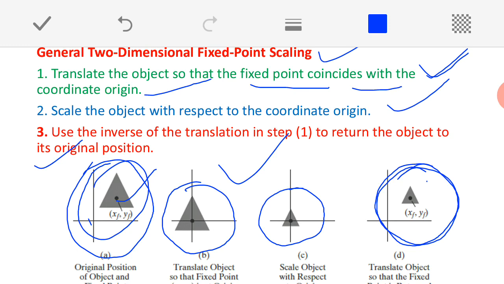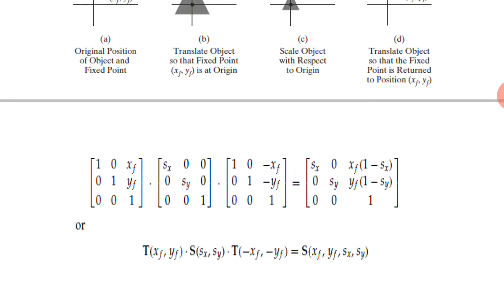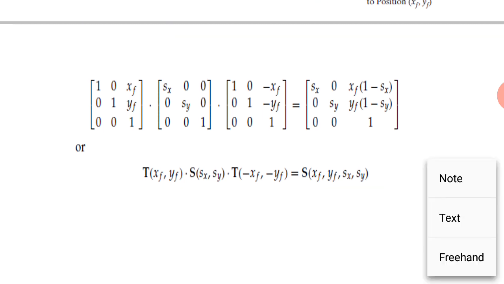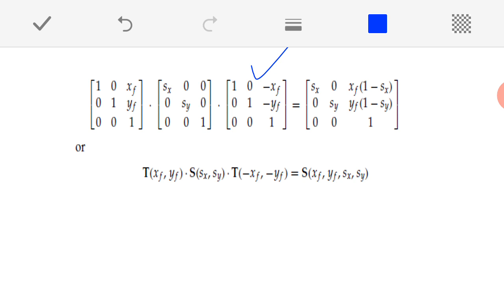So, it is very similar to the rotation. The only thing is, in place of rotation we are performing what? Scaling here. Do not get confused. Just have a look at the matrices over here. Okay. So, this is my first step. Okay. This matrix translates the object in such a way that this particular Xf and Yf should come and overlap with origin, the first translation, followed by what? My normal scaling with respect to what? Origin with Sx and Sy. Either you increase the size or decrease the size. After completion of the scaling, you should move back that object to its original position, that is what? Retranslation, that will be done.